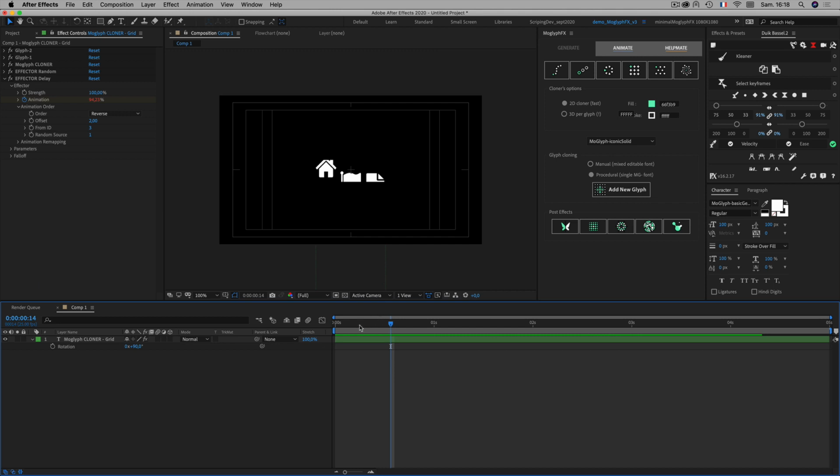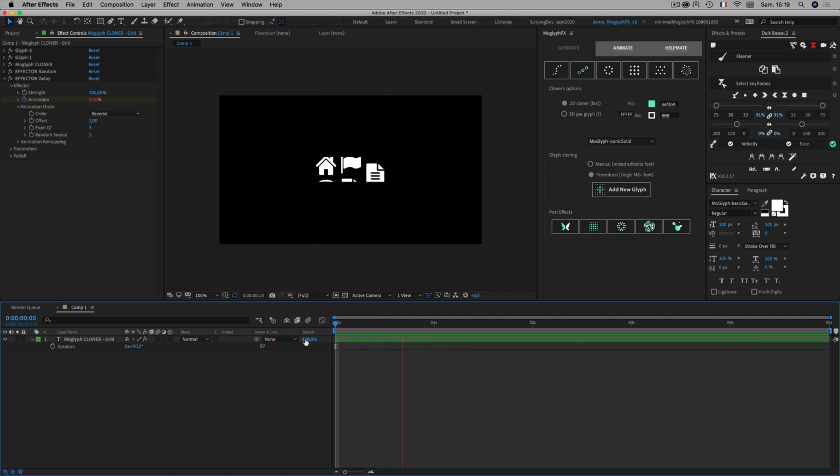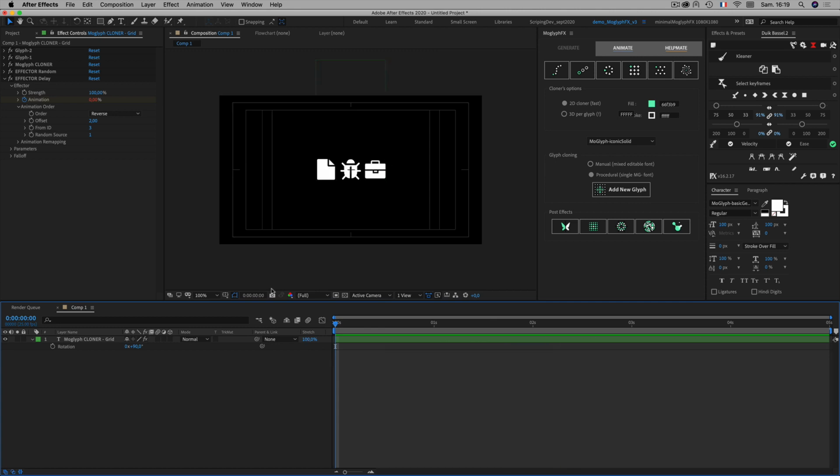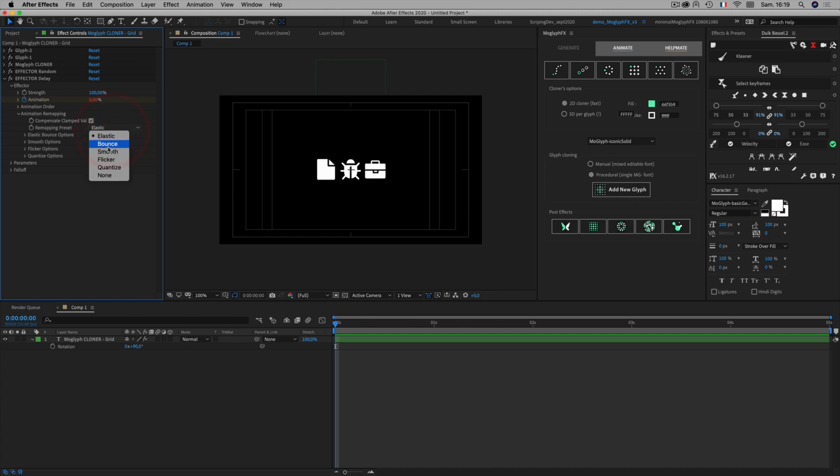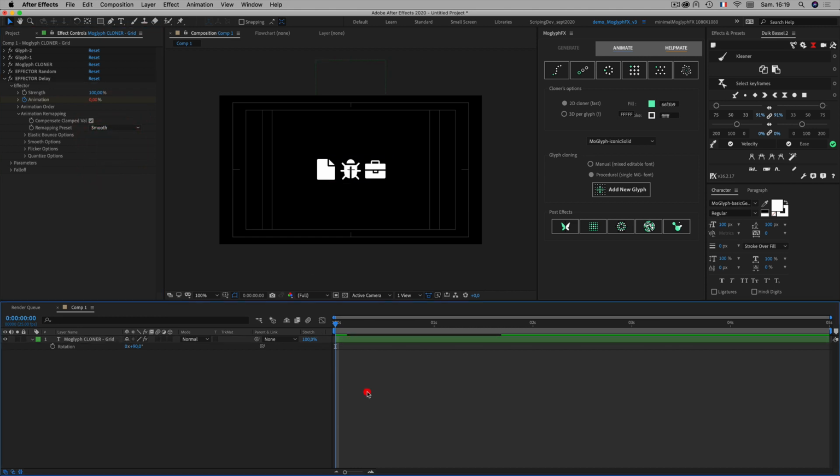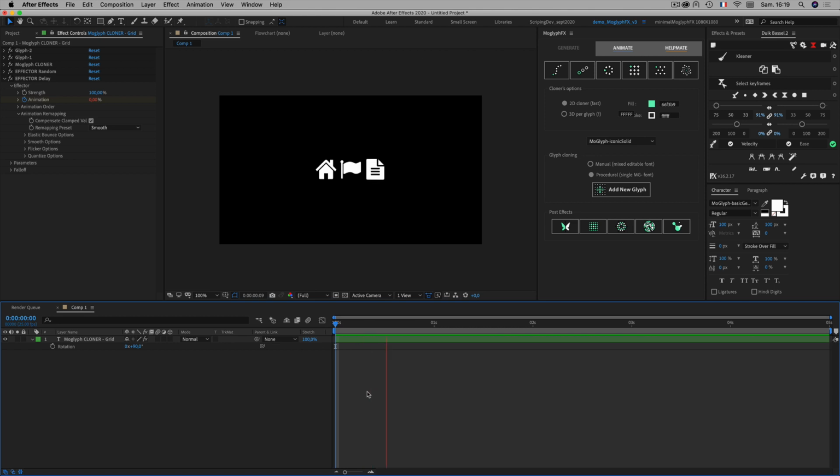Okay, cool. The last thing I want to do with my delay effector is to tweak the kind of animation, because now it's a bit too fast and I don't want this jiggly, springy motion here. So this is due to the animation remapping here. Twirl down this option, and this is because, as you can see, this is based on elastic mode. I don't want that. I will change this remapping preset to be smooth. And this way, if I now make a quick preview, I have something that is more like in the original